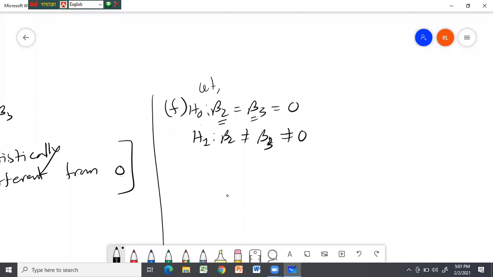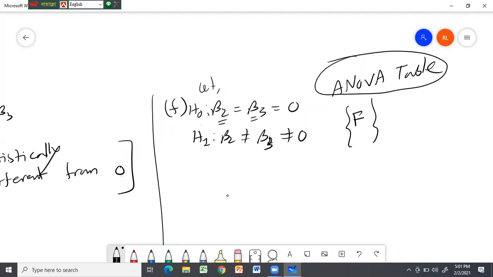Okay, fine. So after that, when you assume that H0 is this and H1 is this, you are dealing with the hypothesis test, which is followed by the F test. Here you have also been asked to form the ANOVA table. So the ANOVA table is constructed with the calculation of the F test for the hypothesis test. And you will have to remember that the F test or Fisher's test will be used to test